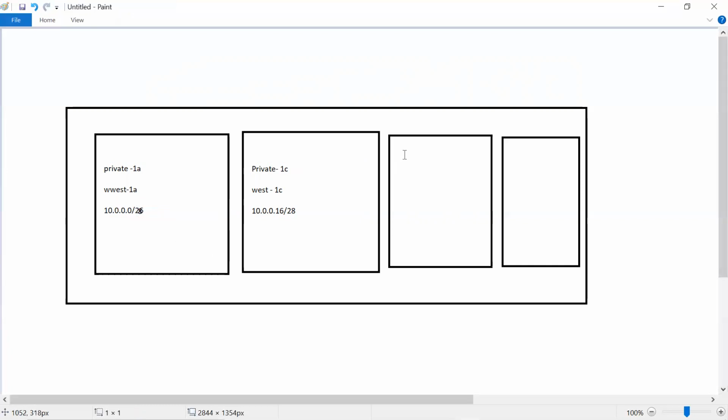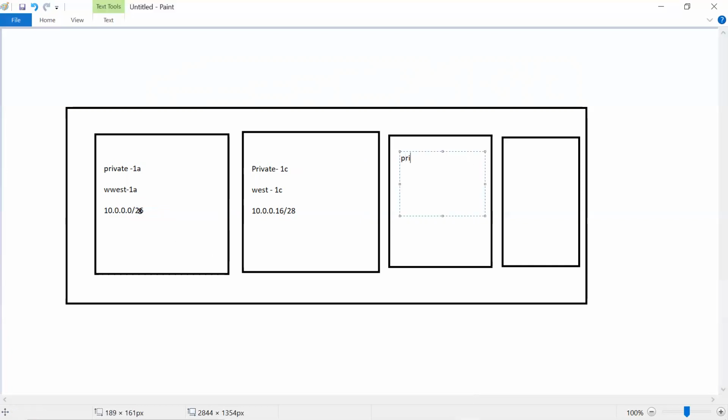Okay, the same thing. Right, we'll keep 2 public, 2 private. So public 1A, and this is public, so West 1A, and it will be 10.0.0.0 till 32, slash 28.